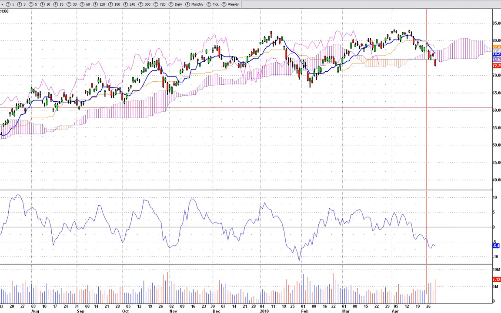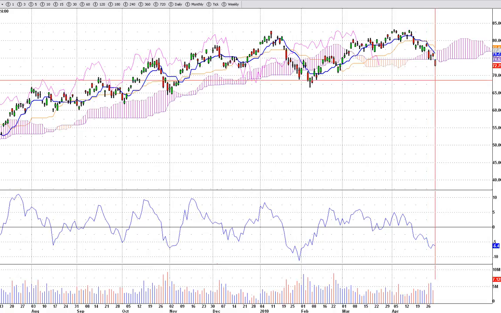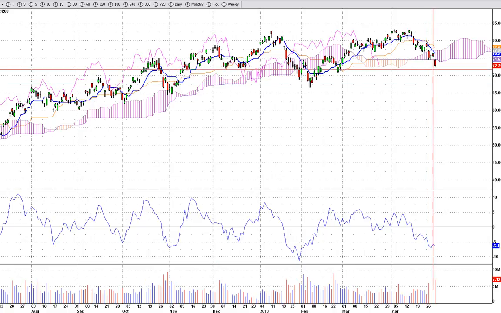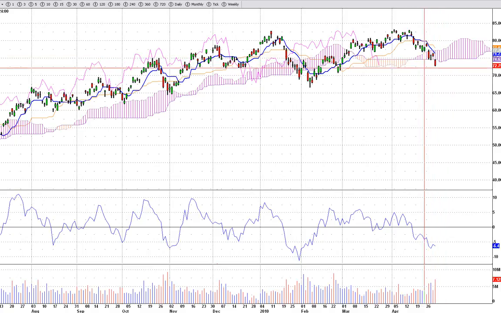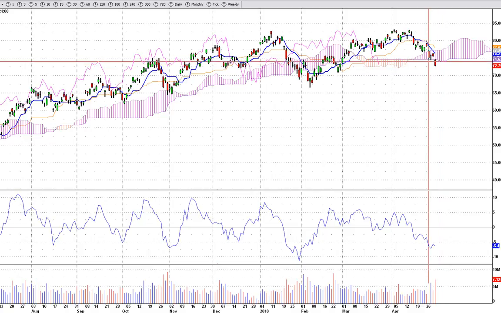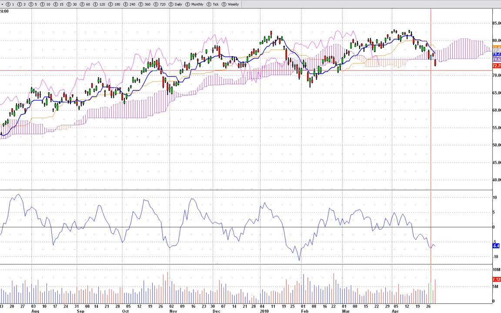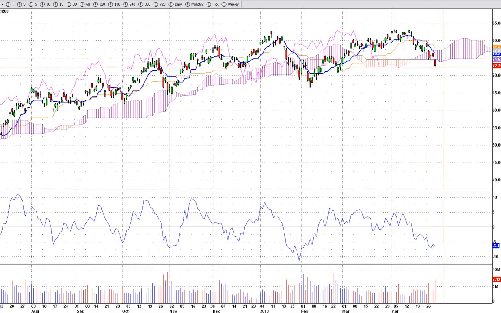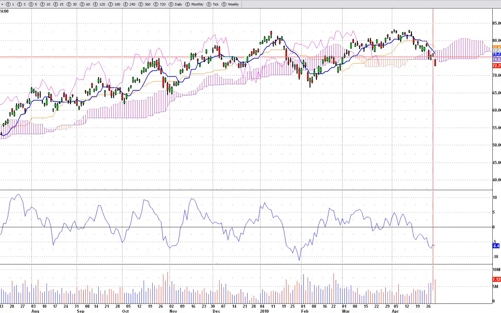This is the daily chart of BHP. BHP Billiton, it's the largest commodity company in the world. As you can see right here, it breaks the daily cloud. If you are a trader, there is absolutely no way that you should be long on a break of the daily cloud, ever. If you are a day trader, you're trading the 5-minute chart, you always have to be aware